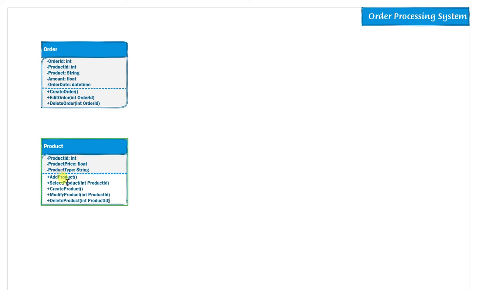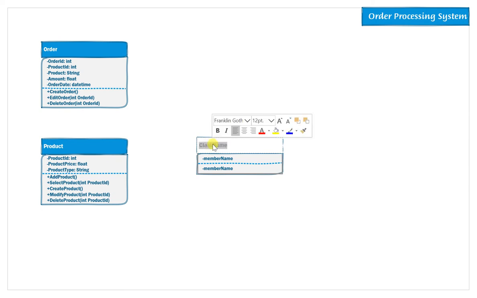The first two methods are related with an order, because we need to add or select some products to make an order. But when we are creating or modifying or deleting a product, we use a stock to know how many products are in our shopping store,